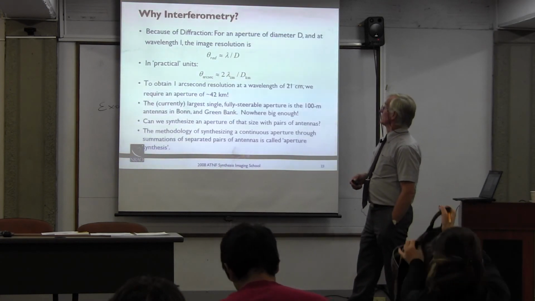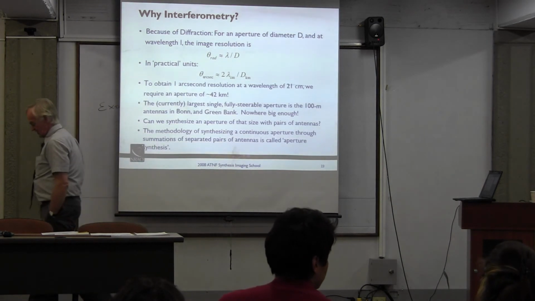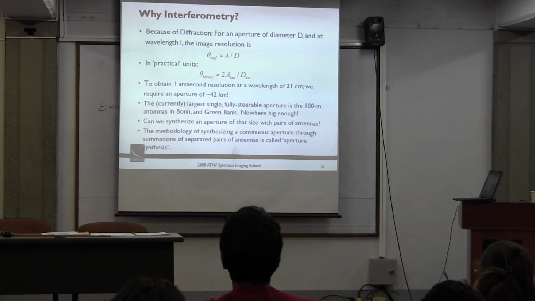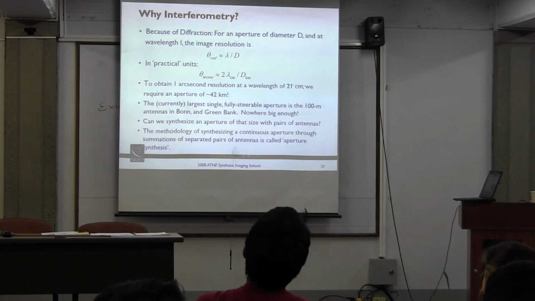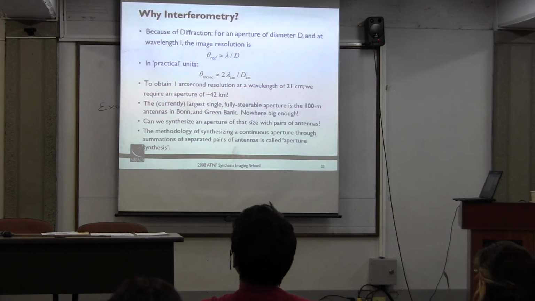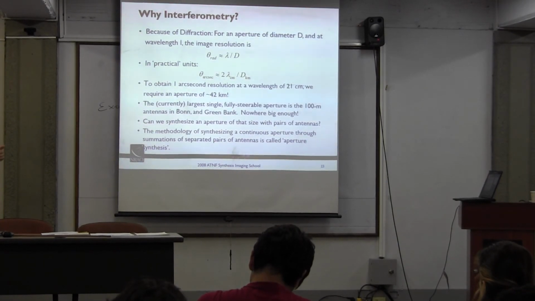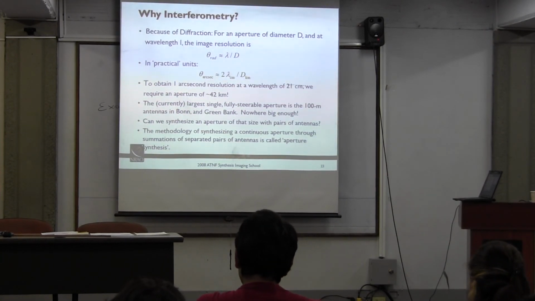Well, again, this you have seen. Interferometry is necessary in order to be not so badly limited by the maximum size of telescopes that we can construct. And so we try and improve resolution by putting the sampled points of the electromagnetic field further and further and further apart and see how they relate to each other.